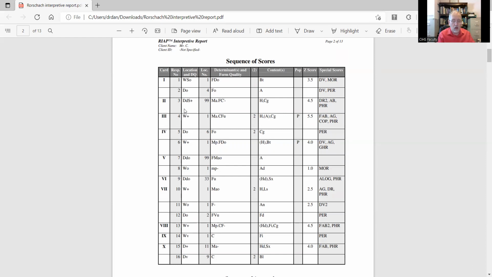And then S stands for the other part of the location, which would be the type of space that is used there. And then notice next door to it, the determinant and form quality, and then the content, and then the